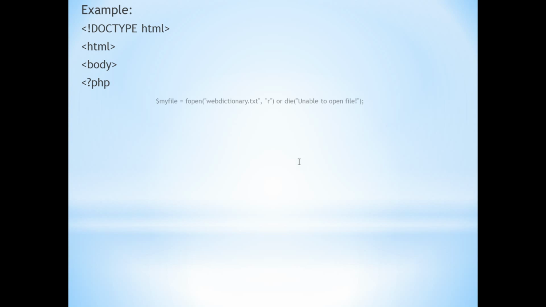I have written code for that. Let's have an example. Doctype HTML, body, then we start with PHP. You have to write $myfile and then write the code for opening that txt file: fopen webdictionary.txt, which you have to create first, and r means read the file, because here you are reading the file.